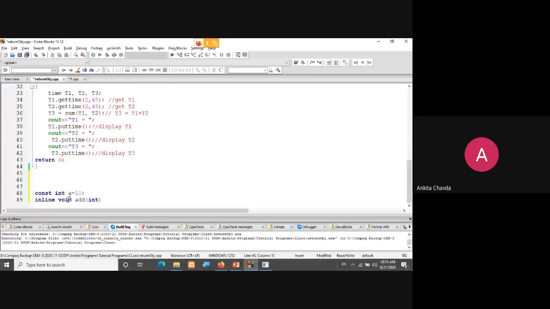But here we are not putting the keyword in front of the function; instead, at the end I'm writing const.